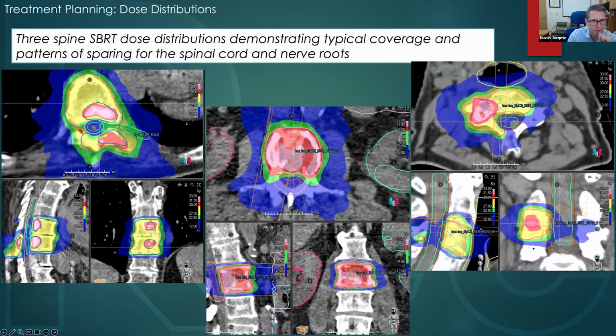In this case, 27 gray was the goal to the nerve root. You can see that the nerve root is mostly spared from 27 gray. There's a little bit here, but less than 0.3 of a cc, so we're safe. But this will be a very typical dose distribution for a spine SBRT, where we have the tolerance dose going right up to the PRV and stopping at the PRV, or stopping right at the surface of